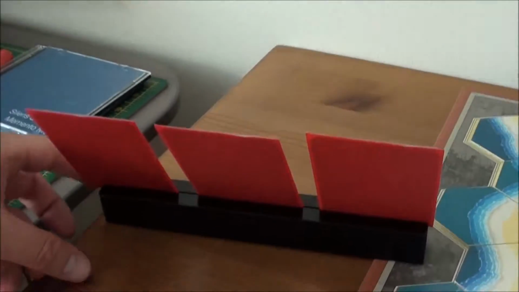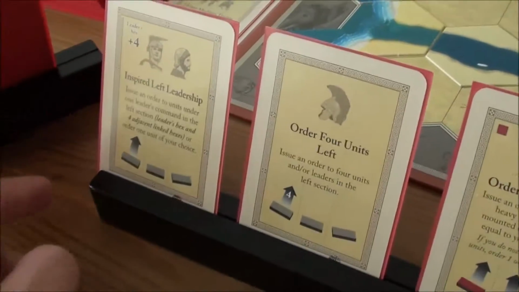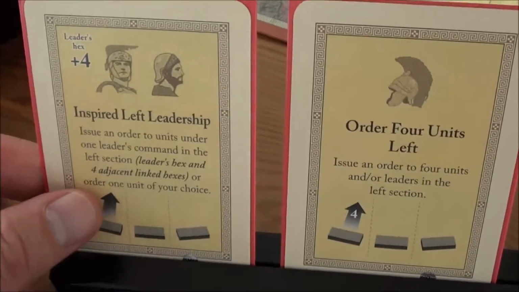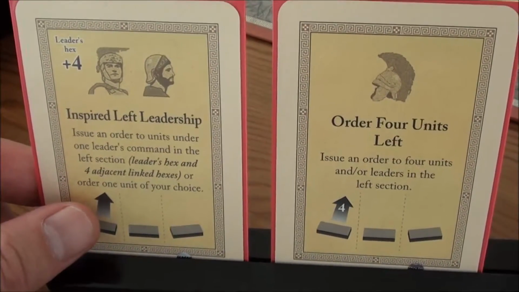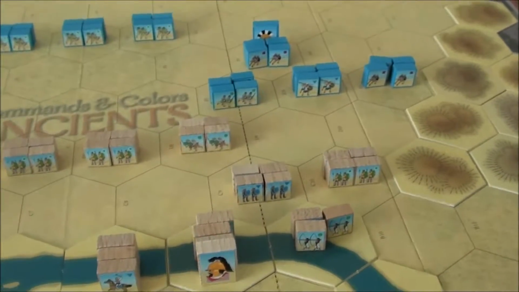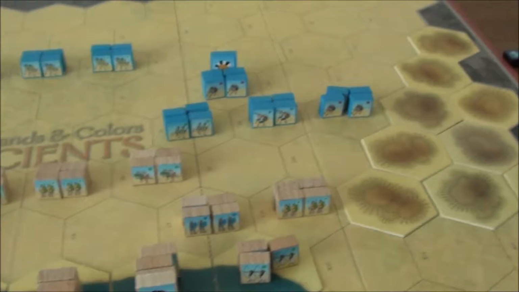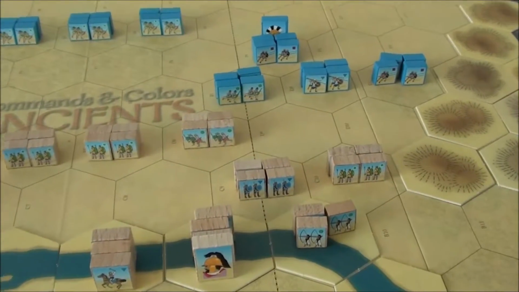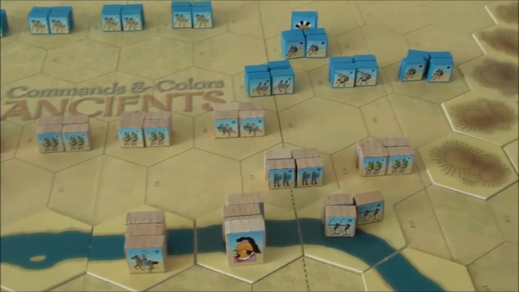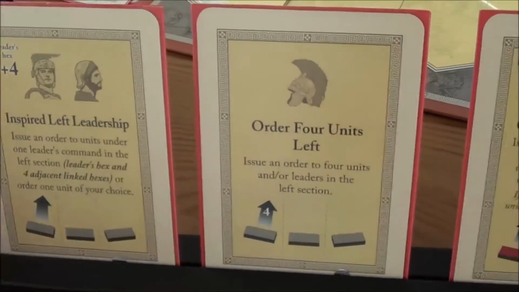So let's see what the Greeks have up their sleeve. Okay, so they got an inspired left leadership, and that's actually here. They are really getting real good cards on this side now. They can, I mean, this is crazy. They can break through here if they want to, I guess. Well, it still needs to be some dice roll before the success, but